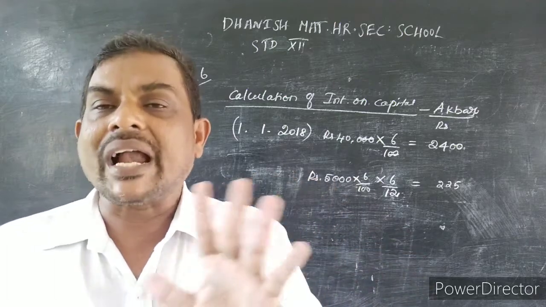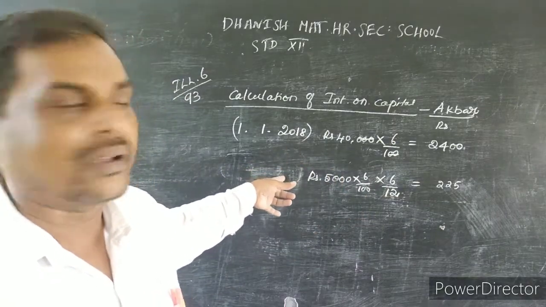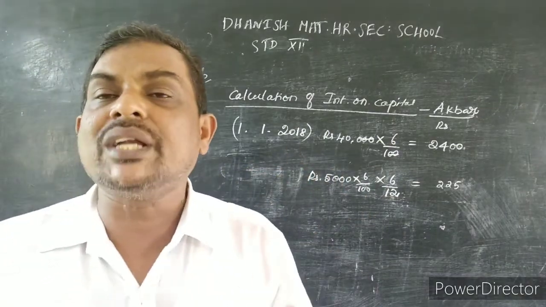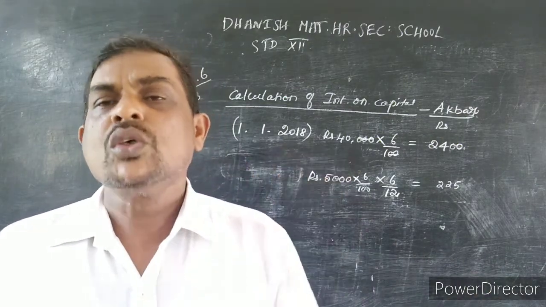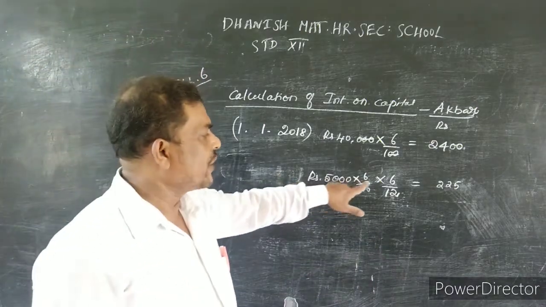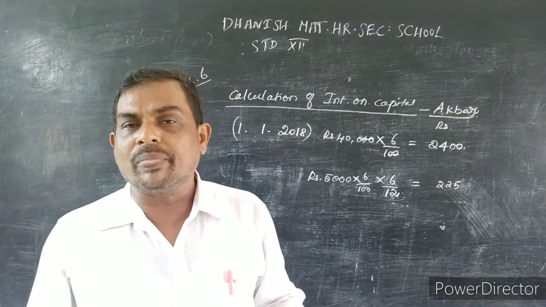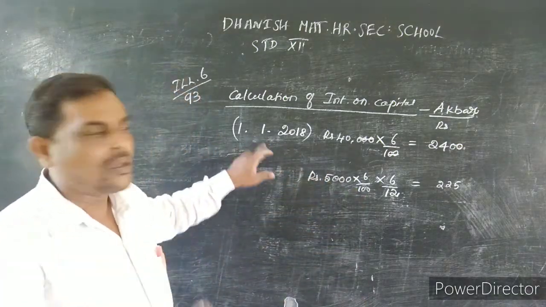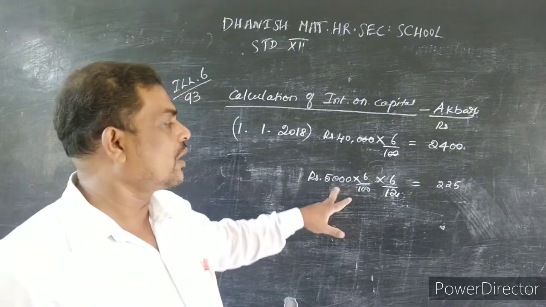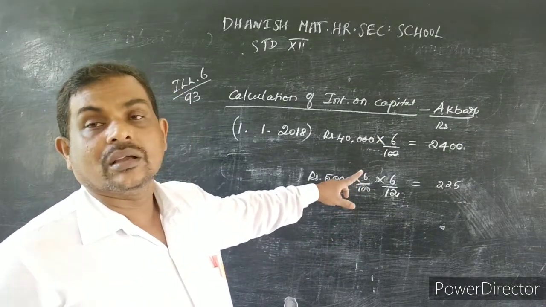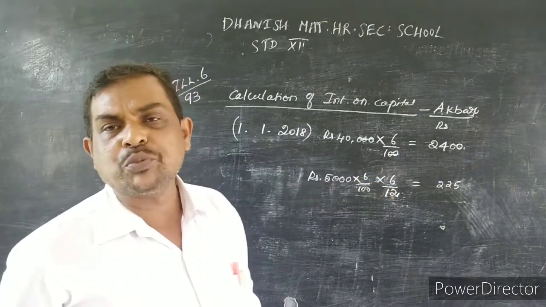If the additional capital's date is not given, as in Akbar's case, only they have mentioned during the year. During the year means in which month he has contributed we don't know. So what we have to do is calculate 6 months. That is called average period. Here the opening capital date is clearly given, but the additional capital date is not given in Akbar's sum. So we should not calculate from the date. We have to calculate the average period only.